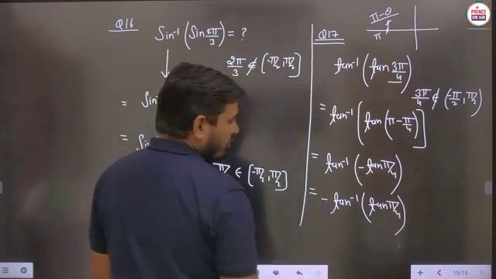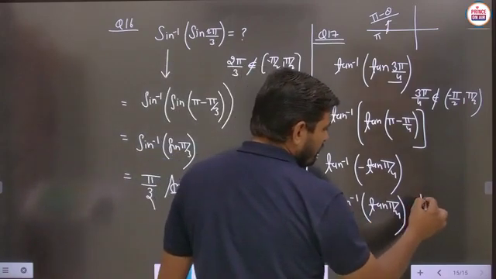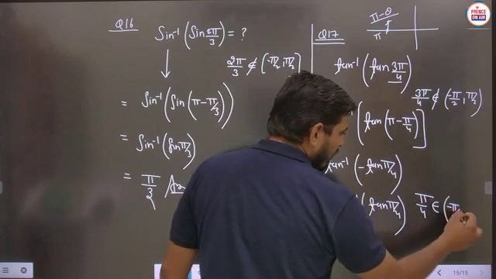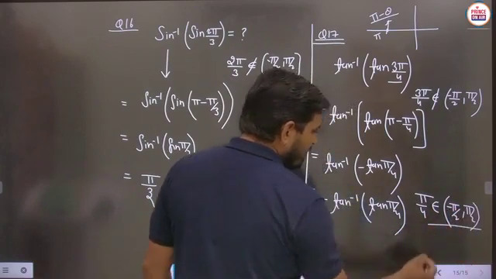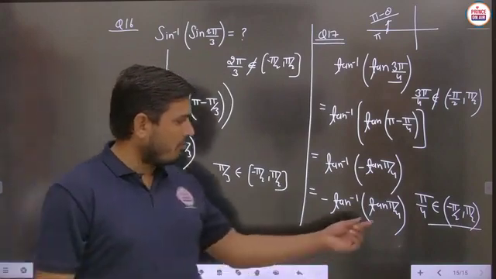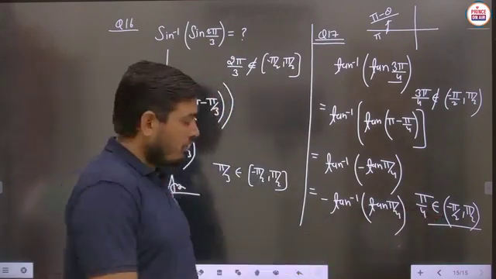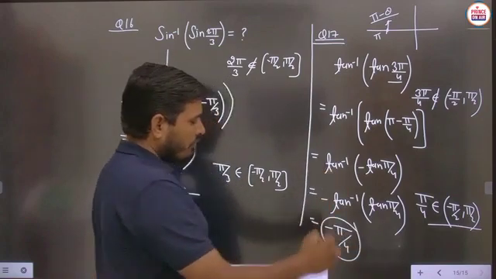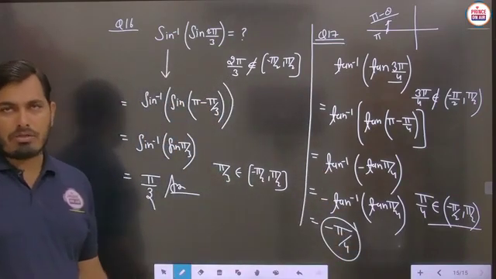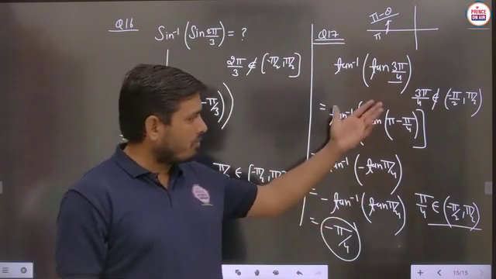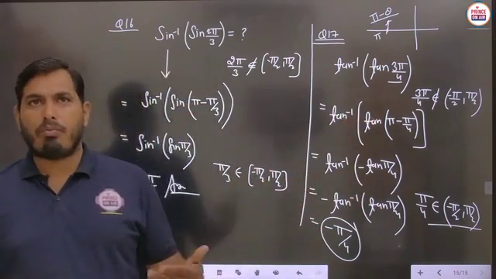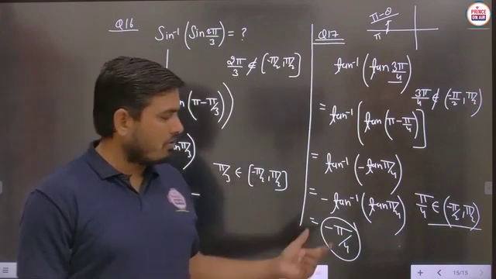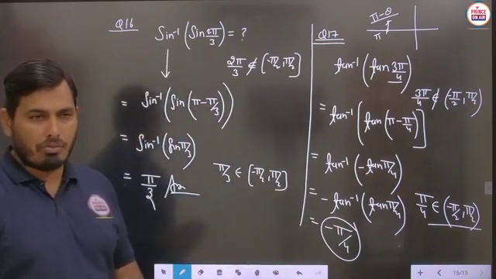Now this particular pi by 4 we will check. You can say that this pi by 4 belongs to the open interval minus pi by 2 to plus pi by 2, and this satisfies the principal value range of tan inverse. So the answer is obtained as minus pi by 4. Is it clear? In such types of questions, we have to use such transformations and basic properties, so that you can easily find the answer of each and every given question. Is it clear?